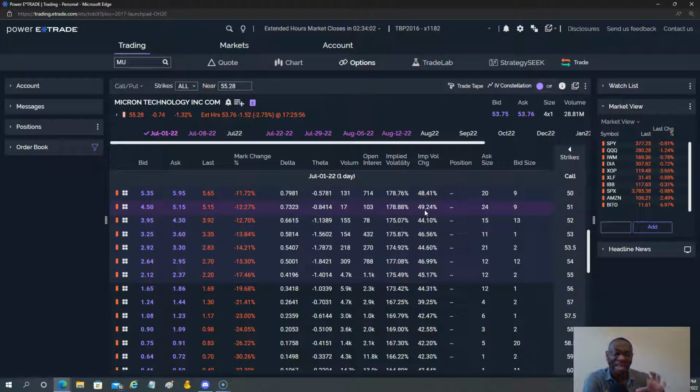This means that with implied volatility going up, the price of all of these contracts was inflated just by that. If you have been trading options for a while, I can remember instances where the stock doesn't move at all and you are making money on options, either on calls or on puts, because of the movement of implied volatility. But let's just take an implied volatility crush. This means that tomorrow,